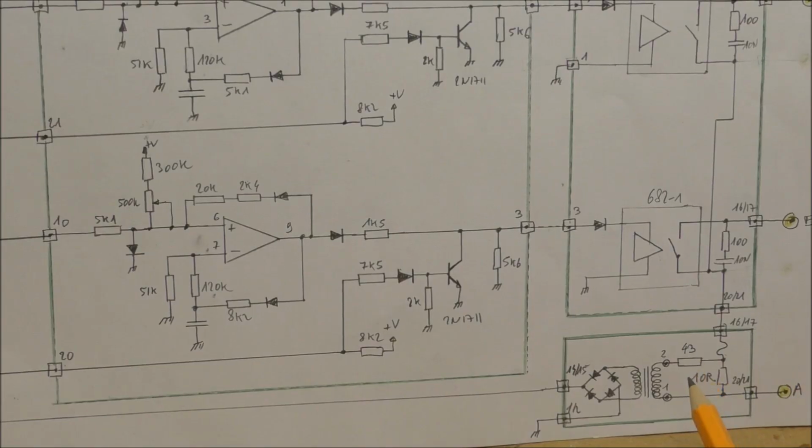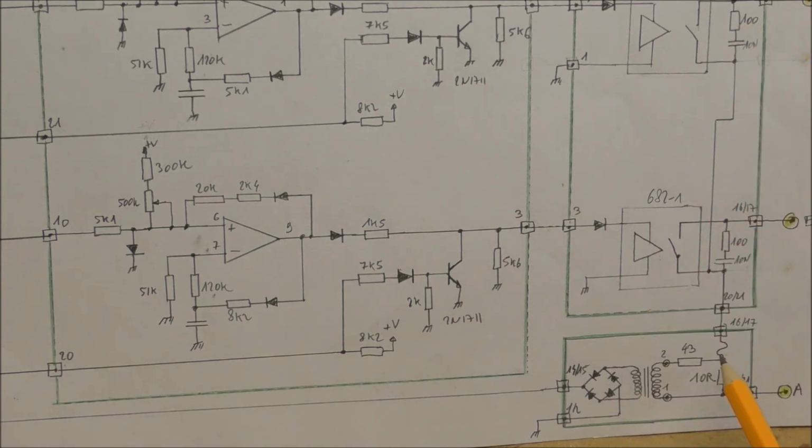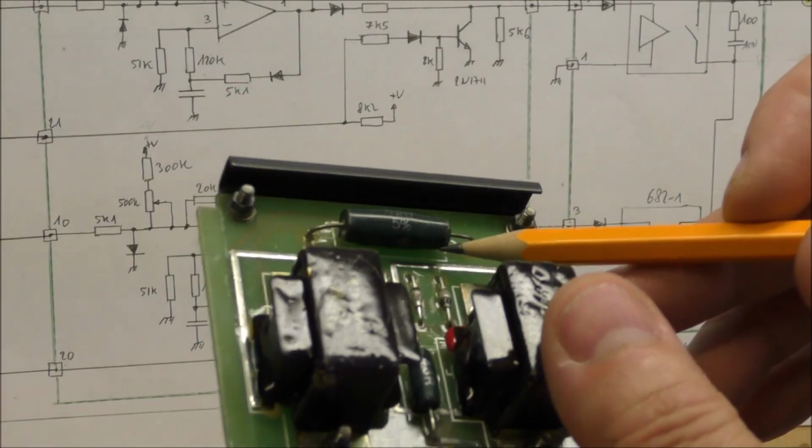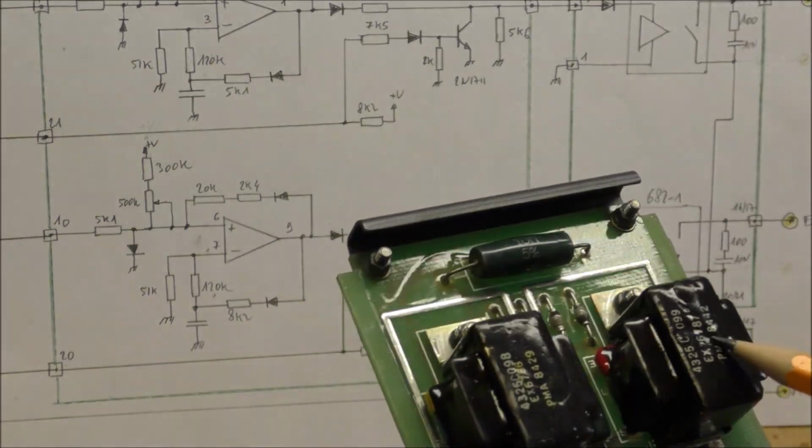We can see on the bottom of this page here a small circuit which permits the detection of the overcurrent. The sum of these two currents flows into that fuse and this sensing resistor here, which is a big 10 ohms resistor. We can see it here on that board. The voltage across this resistor is fed to the transformer here. It is this one here.